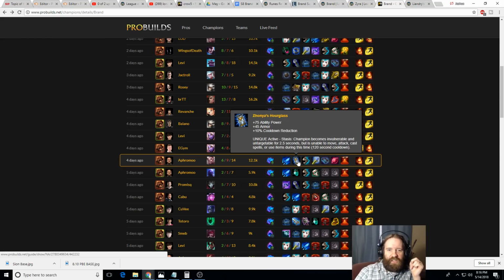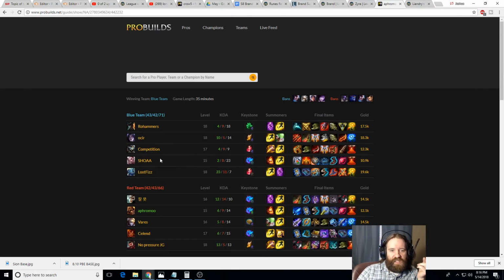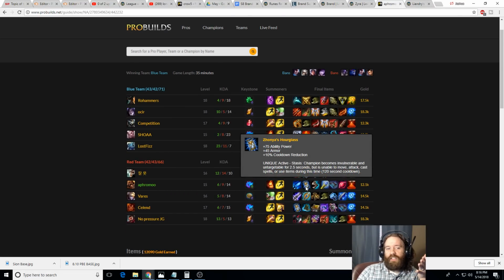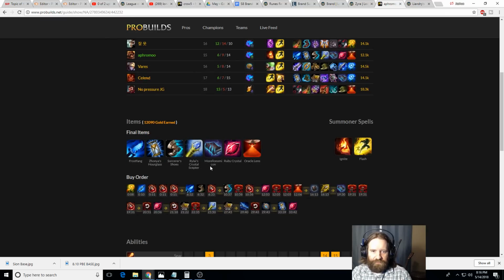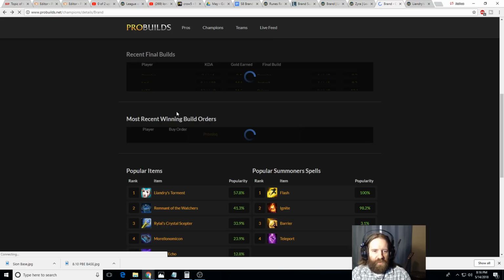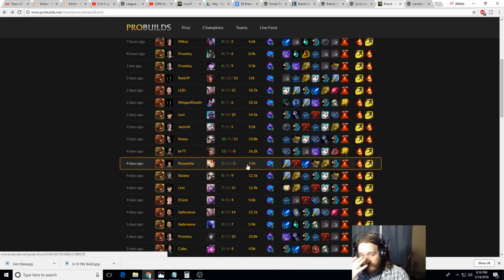Now, Zhonya's is interesting. You really don't want to get that unless it's out of necessity. If they have a fed AD assassin that keeps focus firing you, like right here, this is why Aphromu got it. He didn't just randomly get Zhonya's. He got it because they probably had a really dangerous Rengar or Fizz. Zhonya's works pretty good if you get hit with a Fizz fish as well. So that's why he got it, out of necessity, and he was losing, and he just wanted to stop dying because he was dying a lot. He had 9 deaths. So that's something he got at the very end of the game because he was just getting walloped. So sometimes you have to switch your build up. If they have a lot of fed assassins, you're going to have to switch it up and do something else, but